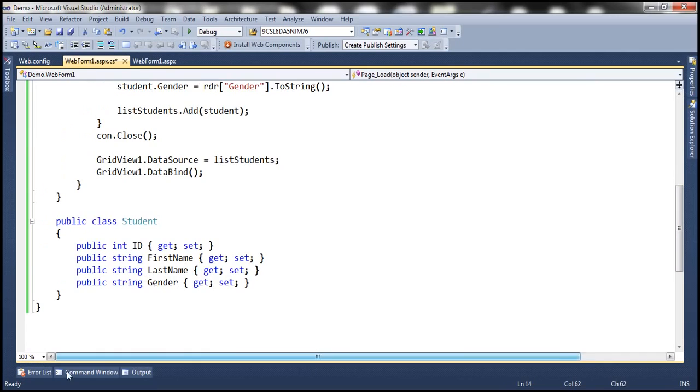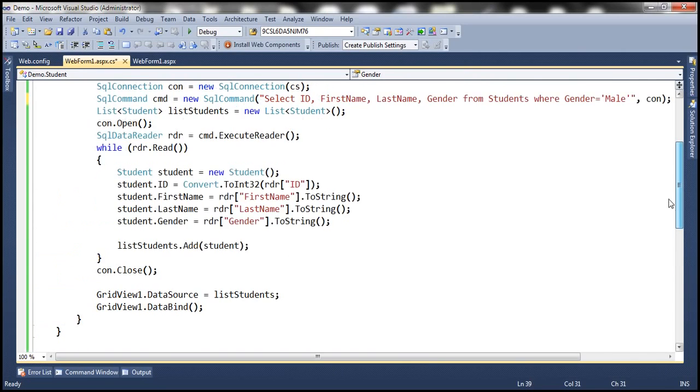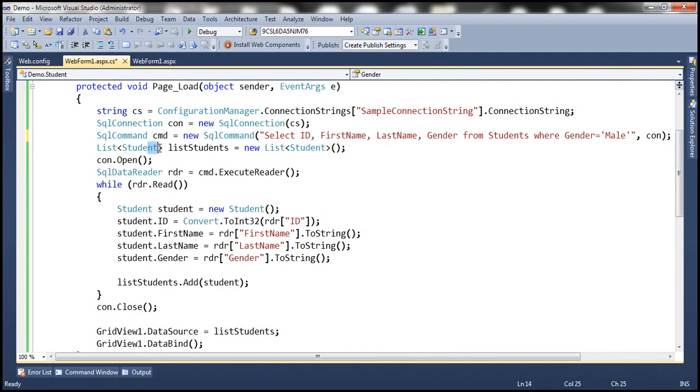So this student class is straightforward with ID, first name, last name, and gender properties. Now we are constructing a list of students here, opening the connection, executing the command, and then looping through the reader object. While looping, we create an instance of student, retrieve data from the reader and populate the respective properties of the student object, add the student object to the list, close the connection, and then set that list of students as the data source for the grid view control and